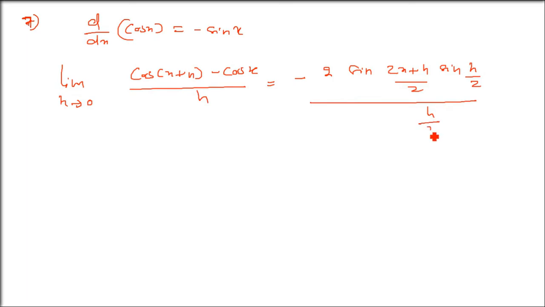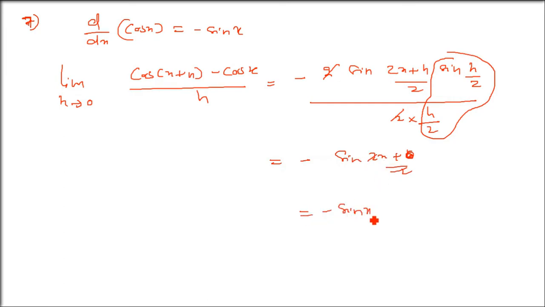And h is already there, so you divide by 2, multiply by 2. So this sin h by 2 over h by 2, when you apply the limit, is going to be 1. 2 gets cancelled, only minus will remain. And sin of (2x plus h) by 2, then you can apply the limit also here. I'm not writing the limit, I'm just telling you. So 2 gets cancelled, so minus sin x. I'm doing it fast because we don't need to spend much time understanding this. But you have to write each and every step when you are in the examination. I'm giving you just the idea of how it has come.